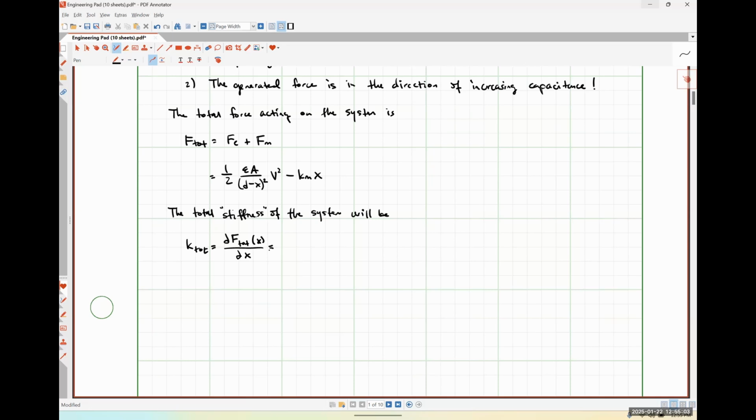So when I take the derivative of this, I'm going to wind up getting epsilon A over (d minus x) cubed times voltage squared minus Km, where this is our electrostatic spring constant Ke minus our mechanical spring constant Km. So at the pull-in point,